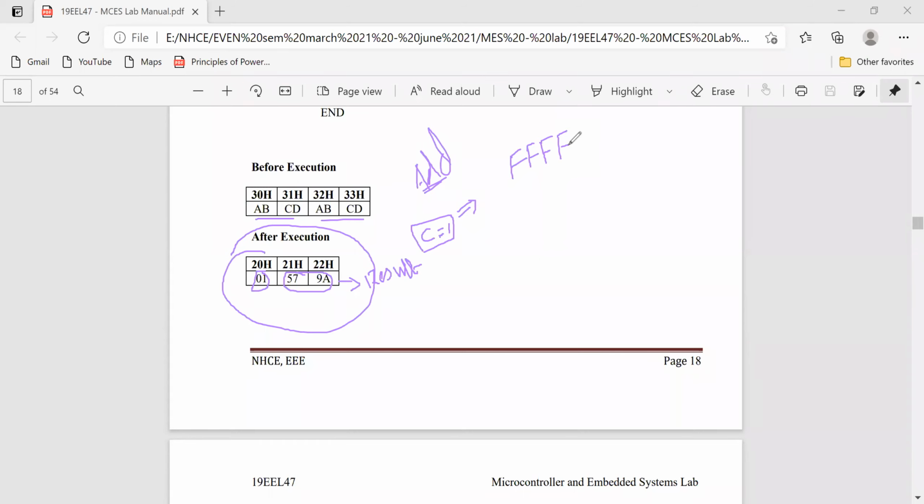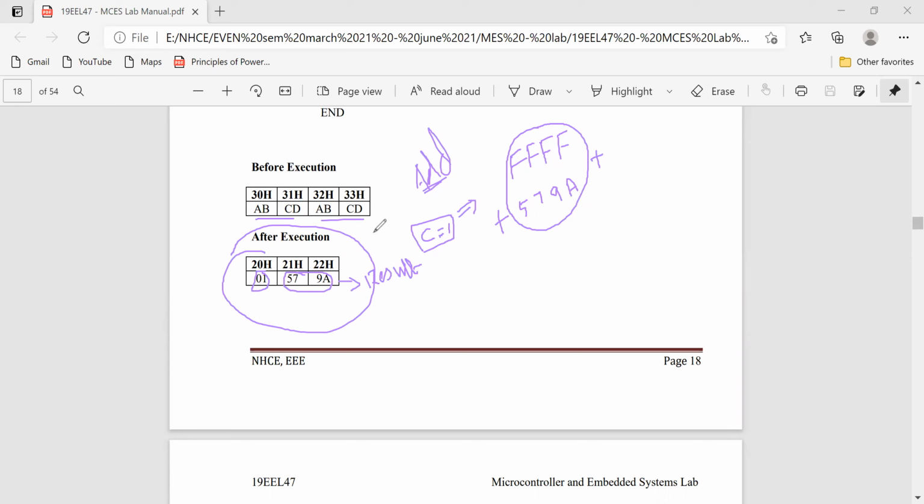Plus 57 9A. These two combined, what we call the total value.